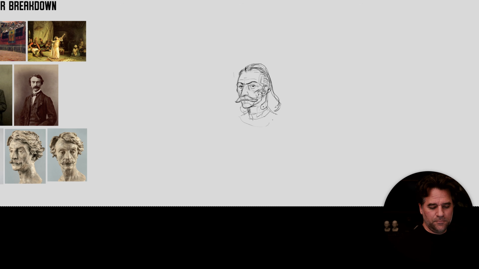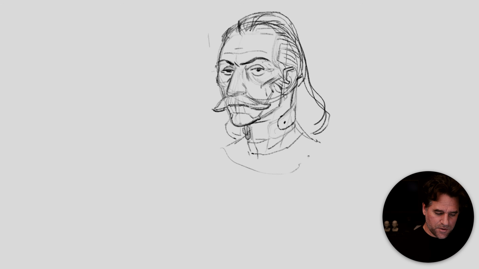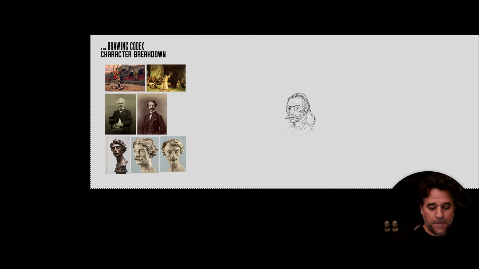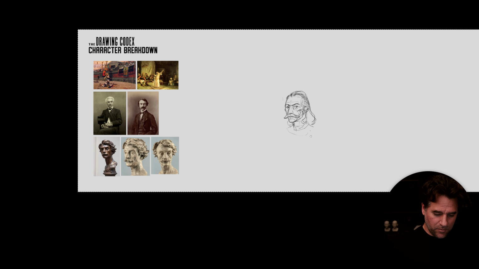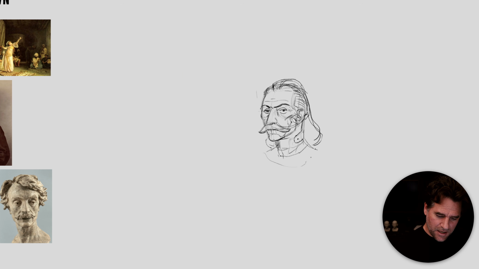All right, getting there. So that's probably enough of a little sketch to start with. And you can see, look, we're probably not 100% getting there. It's not a likeness, but that gives us somewhere to start and begin. Now, we can keep working with some of those